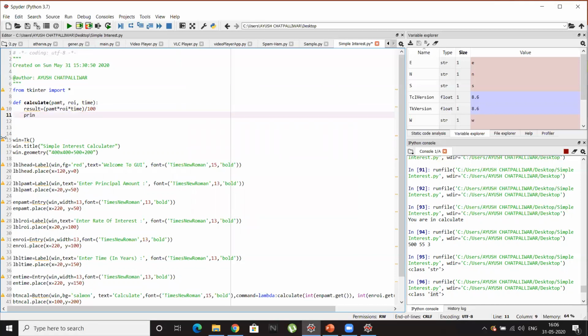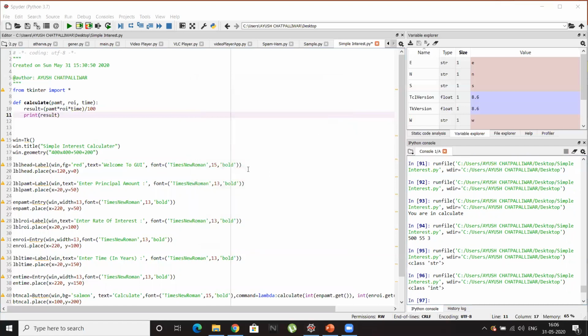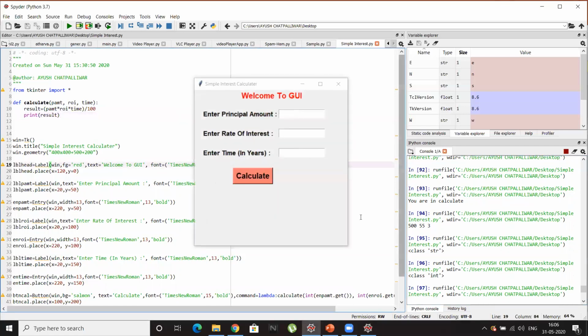Let's print this result variable and see if on the click of the calculate button we get the proper result printed in our console. Let's run this GUI again. Now enter some values.